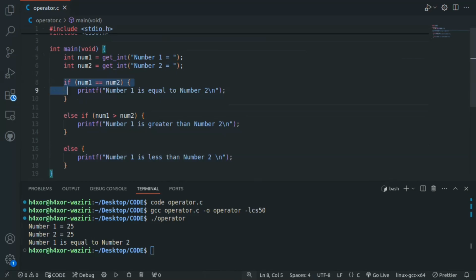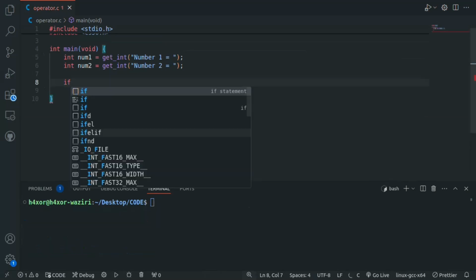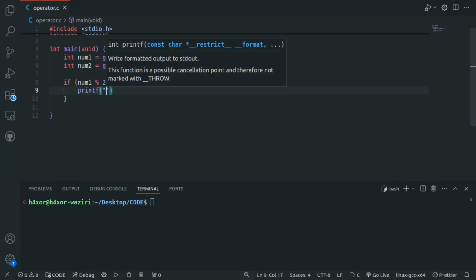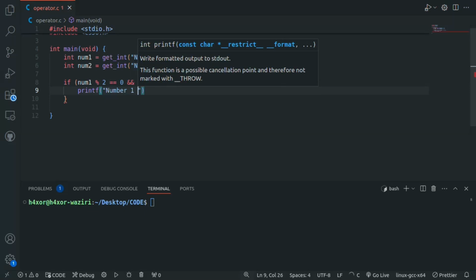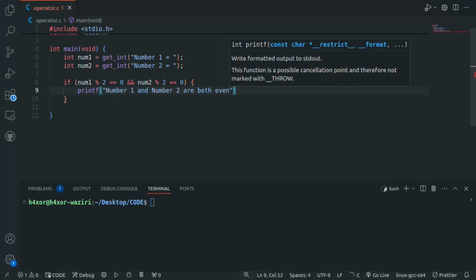Now I will use logical operators. I will only delete the conditionals. Now if, inside parentheses, num1 % 2 == 0 and two ampersand signs, or an AND operator, num2 % 2 == 0, inside curly braces printf("number 1 and number 2 are both even\n");